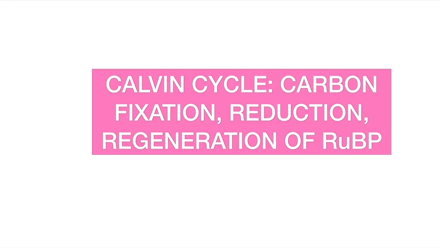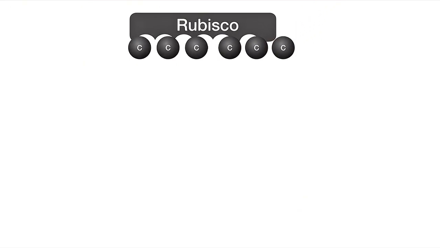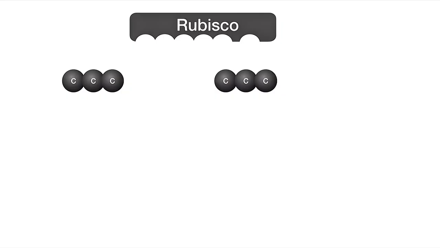Next, we move into the Calvin cycle, also known as light-independent reaction. This contains carbon fixation, reduction, and the regeneration of RuBP. Phase 1 is carbon fixation. In the stroma, the enzyme Rubisco attaches CO2 to RuBP, forming a 6-carbon compound that splits into two 3-carbon sugars, 3-PGA. This happens for 3 CO2 molecules. The reactants are 3 CO2 and 3 RuBP. The product is